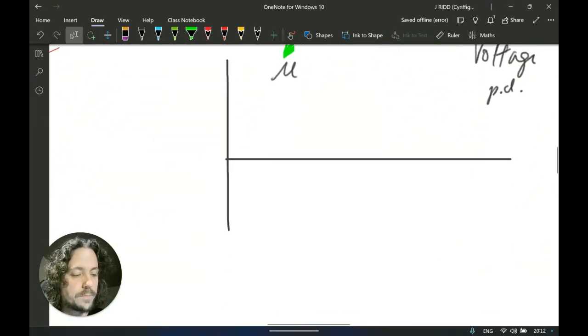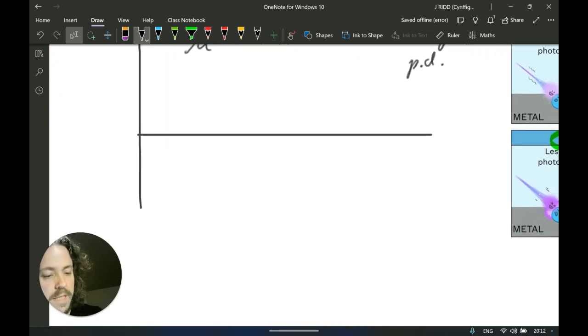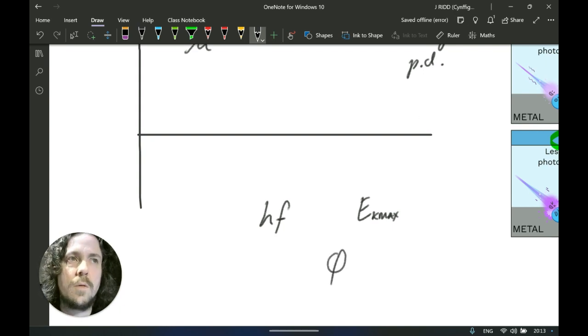Right, now here's the thing, I'm going to show you a kind of complicated formula that consolidates everything that I've just been saying. To begin with, we have our photon energy, hf. That is going to be absorbed by an electron. We've also got the kinetic energy of the electron, Ek max, which is the energy that we've got left over. And you've also got the concept of the work function, which has got the symbol psi.